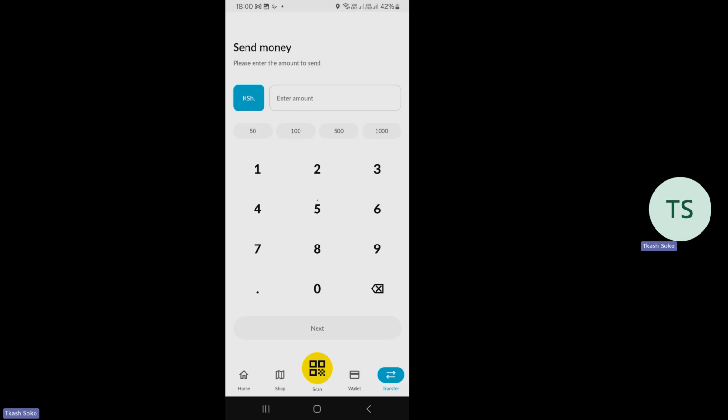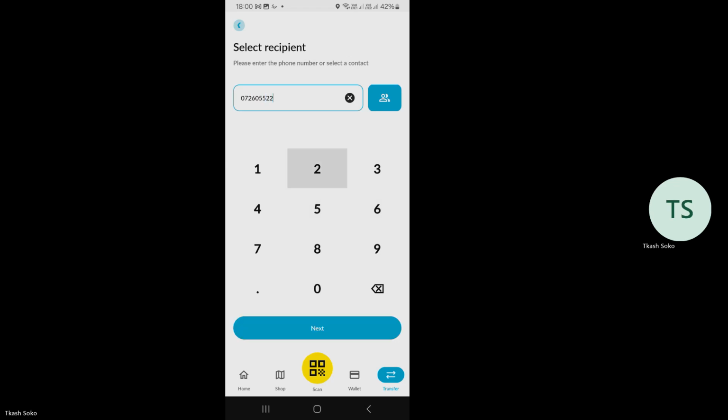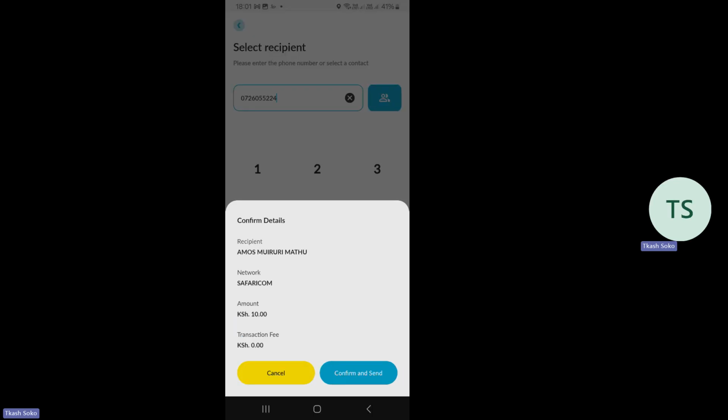So for example, you may decide you want to send something like 10, next, then the number, unaeka number, then una press next. And of course, you can see inanitolea the details for me to confirm. The recipient is myself. Of course, I was trying to send to myself. The network is Safaricom and the amount is 10.